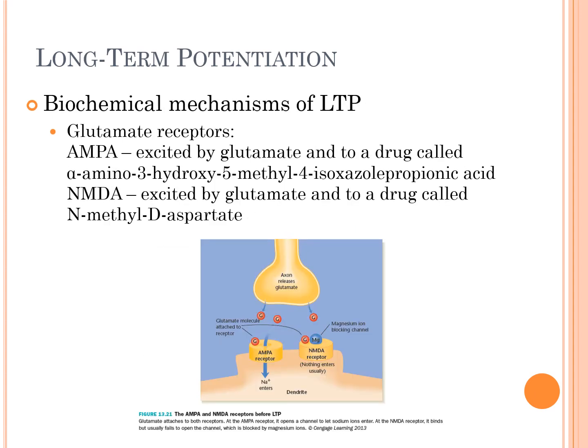Okay, we're going to look at some of the biochemical mechanisms of long-term potentiation, because the question is, now we see how long-term potentiation could really help us to learn, but how does that actually occur? And I'm going to say mostly this is due to glutamate. We're going to be talking about glutamate here for a while. We're going to go back to some of the really early lectures on how neurons communicate and what's going on there. And so if you are not remembering that, you might want to go back and look at that before listening or after listening, and then listen again, because it is kind of complicated, what's happening with the glutamate